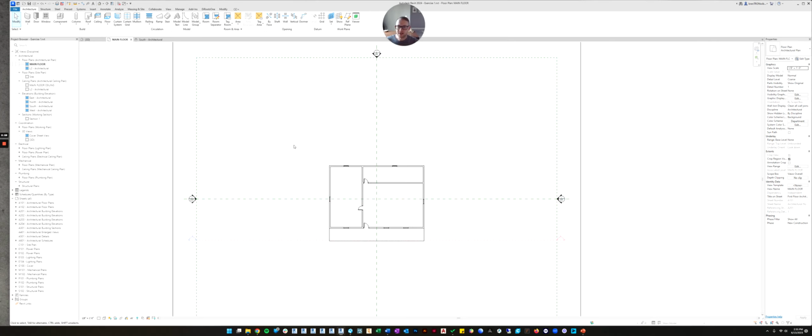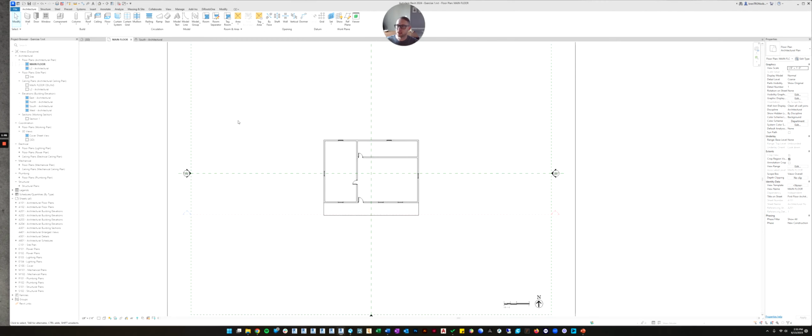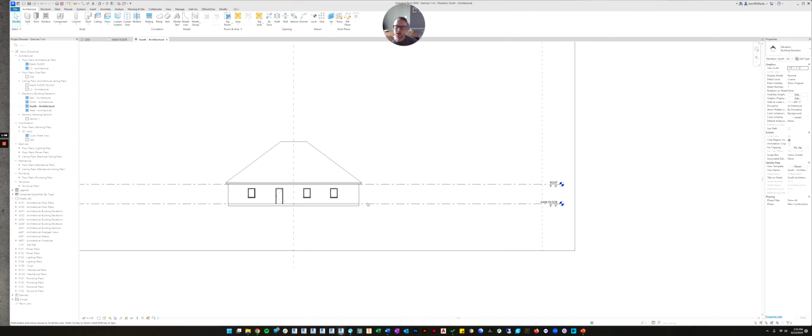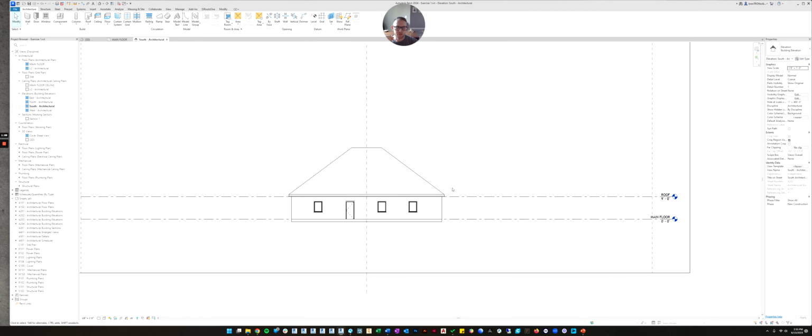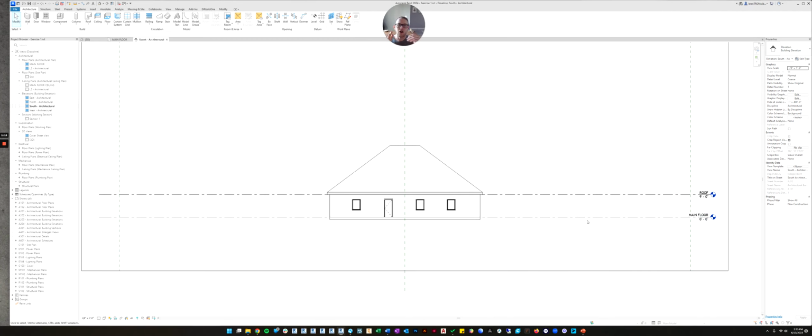So we're going to begin by simply, let's look at the south elevation, right? We want to be able to see the levels. All views in Revit are typically tied to a level. So before you create a new view, you'll want to make sure there is a level that you can associate the new view to. Did I say that right? Before you create a new view, you need a level so that you can associate the view with that level.